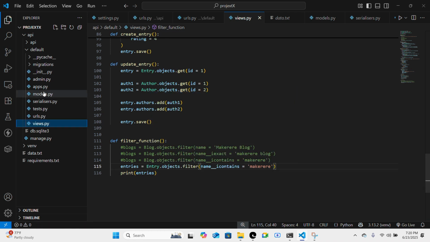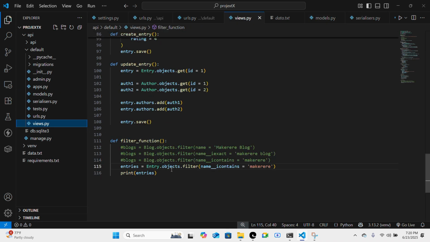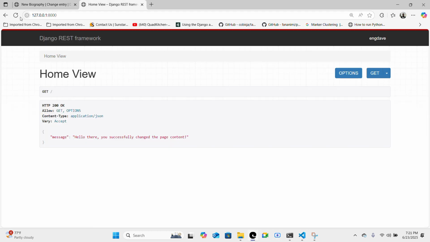.objects.filter, and now this is going to be the number of comments. Let me copy this so I'm sure of the spelling. So the number of comments, so dash dash now the range is equivalent to, we put a list here. Then you specify the start and the end. So I want between 1 and 4. Comments between 1 and 4. So I expect 2 entries because the last entry I inserted has a number of comments as 5. So let me run my function